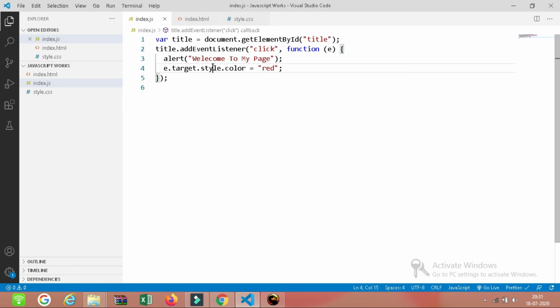That is the basic foundation of event handling in JavaScript. Using the event handling concept together with the DOM structure, you can do many dynamic things with JavaScript. I believe you got a clear idea about what event handling is in JavaScript. Thank you.